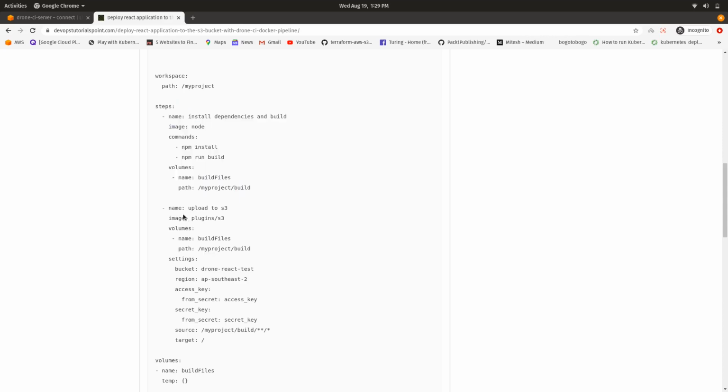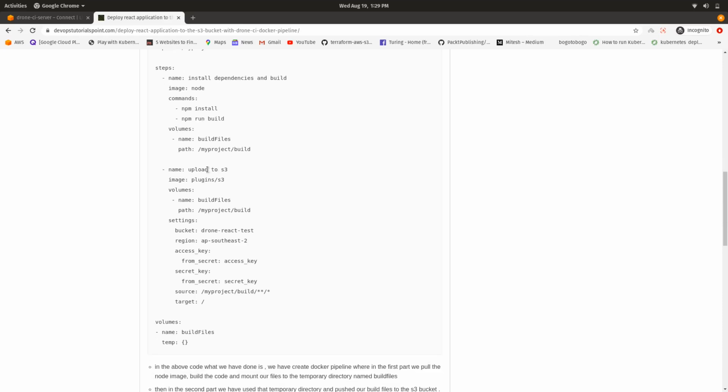This container and this container are isolated systems, so we need to share a volume. So I have created a temporary volume. Its name is build file, and its path is /mypath/build, where our build file is generated after this command. Okay, so in the next step, which is named upload to S3, I have pulled an image